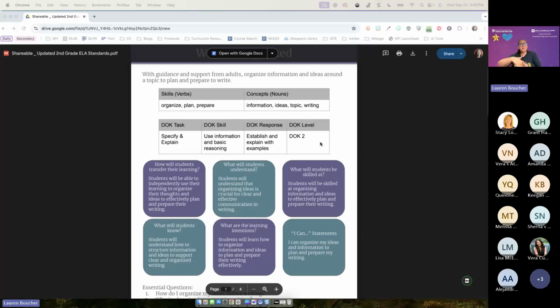So we always want to go beyond, but if we can get our students to hit what's known as that DOK ceiling and master the tasks and the skills and the response up to that DOK level, they're going to be prepared for their testing.